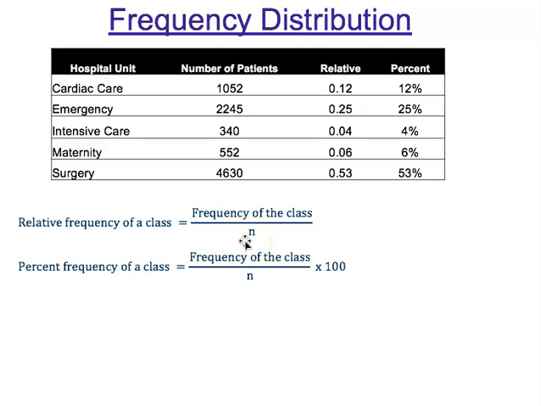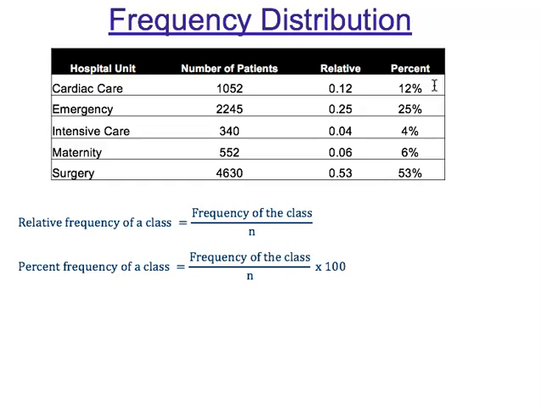N would be the total number of patients in this example, so we would have to sum all of this data. And if you do that, you then take 1052 divided by the sum. That'll give you 0.12. That would be the relative frequency. In many cases, we want to state this as a percent. So we might say 0.12 relative frequency is actually a 12%